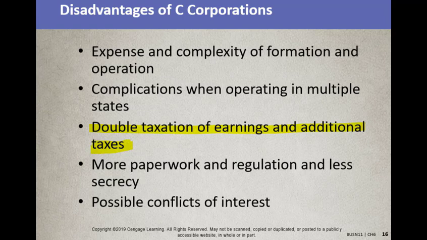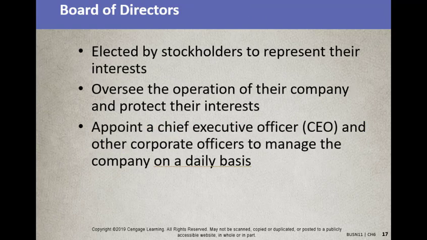And what that basically means is as a corporation, the corporation makes $100,000. It is taxed on that $100,000. Now you as a shareholder, you get dividends on the shares. So now you are actually taxed on the dividends as well. So it's a double taxation. It's one of the biggest complaints for people in a corporation setting.